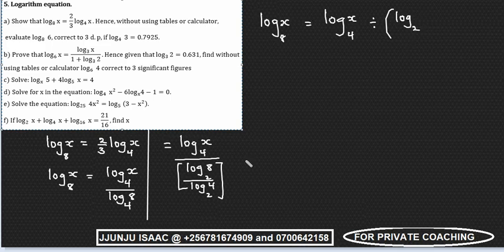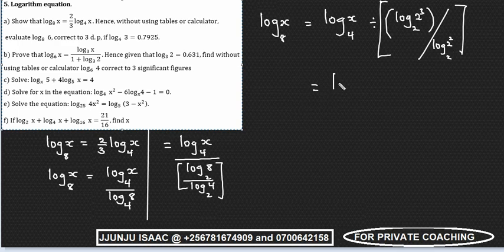Now what I'm going to do is change the 8 into prime factors. Here we have 2 power 3, so we shall get 2 power 3 here over log base 2. Now the 4 can also be changed as 2 power 2,